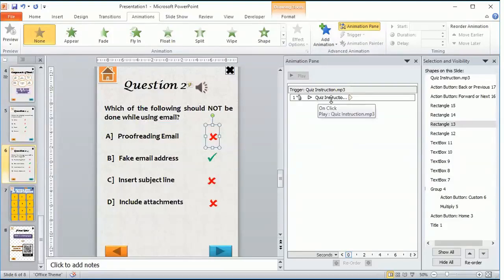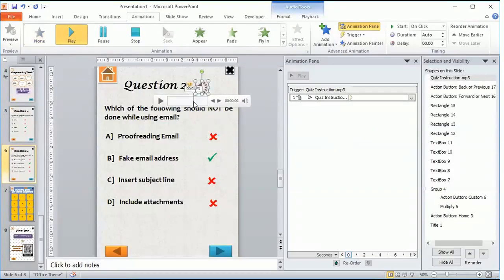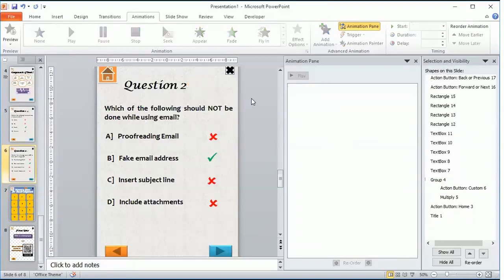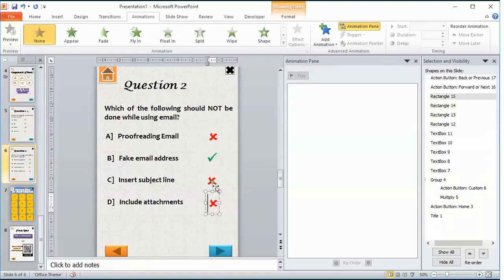This quiz instruction was the audio file which I had inserted. If I delete it right now, your animation pane will look entirely empty with no animations added. So now let us start sequentially with each of the symbols and give animation to them.